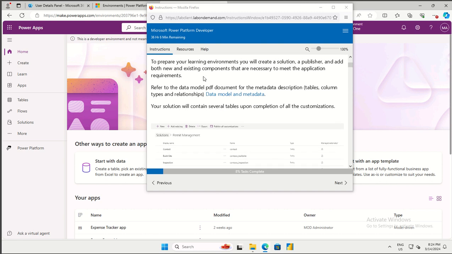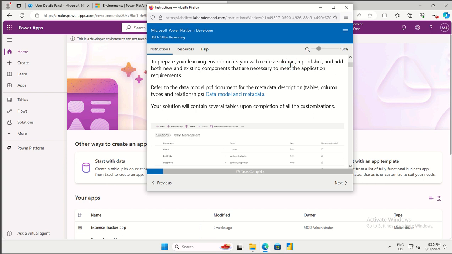We are going to prepare the learning environment. We are going to create a solution. A solution is the package where we can specify who created or who published it, and inside the solution will be your apps, okay, all the choice data types, for example, all tables and columns, entities, and so on, forms and views, all are packaged into